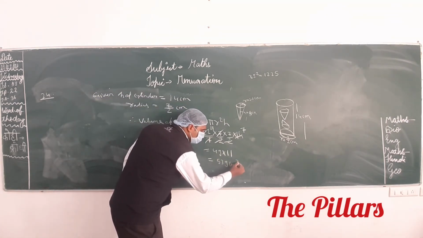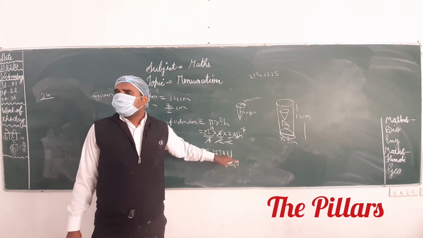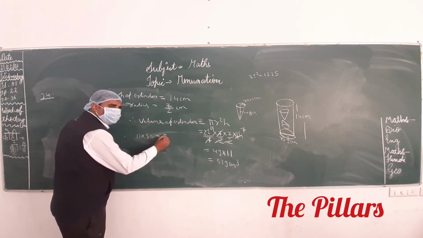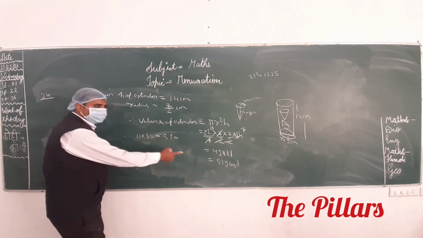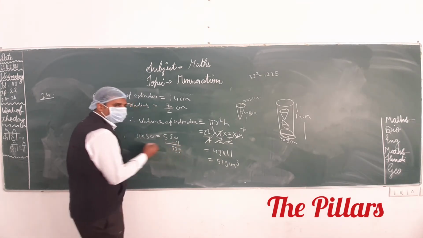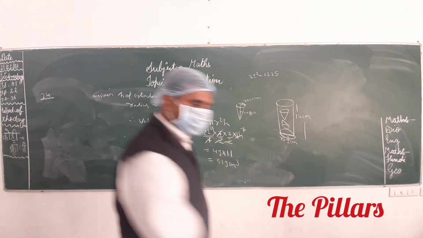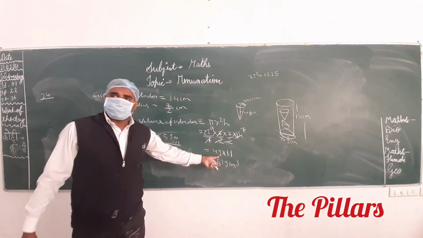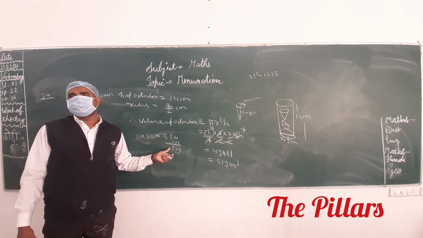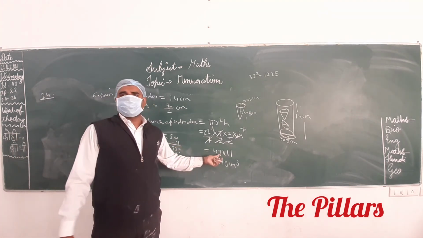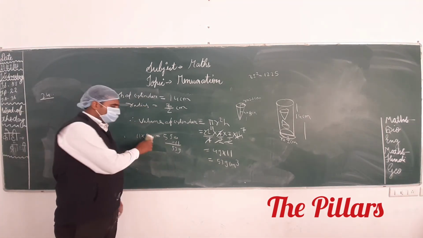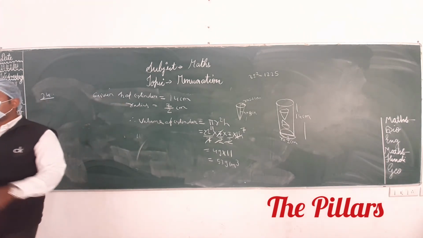That is 539 centimeter cube. In this type of calculation, you can directly multiply 11 into 50, which is 550. But you only need 49 times, so one value has to be removed, which means one time 11 has to be removed. The remaining value is 539. You can use this type of calculation also.